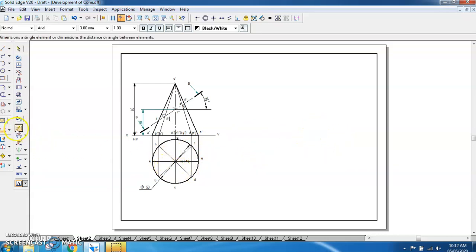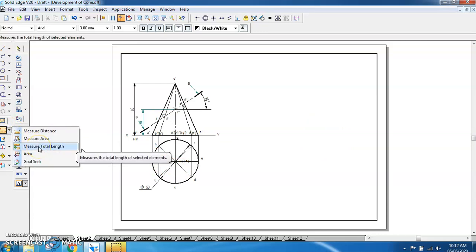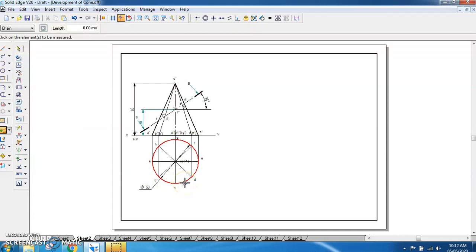If we measure the circumference here, we have the measure total length option in the software, but manually you have to find out this length using pi d. Circumference of the circle is equal to pi d or 2 pi r, where r is half of this, 25. Here, if we measure using this option, we are getting the length as 157.08. So if you open the circle from A and you see the length of this arc, you will get the length as 157.08. If you are doing it using a calculator and you say it is 157, so the length is 157.